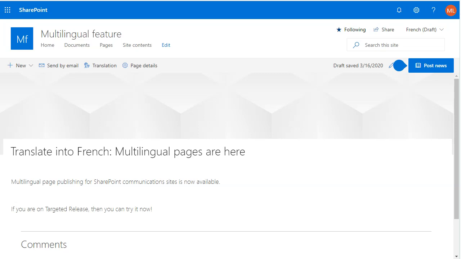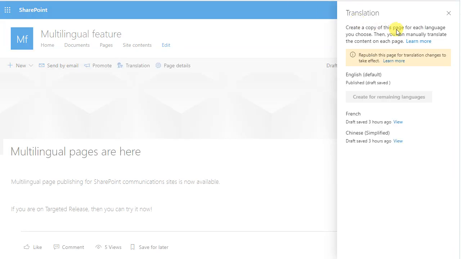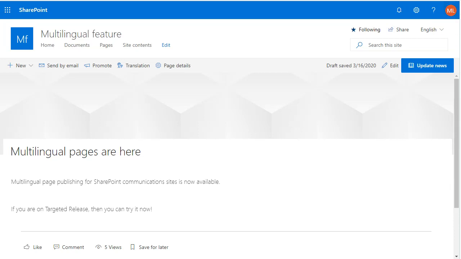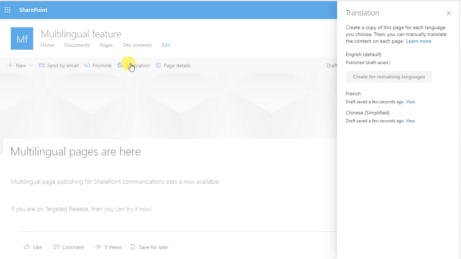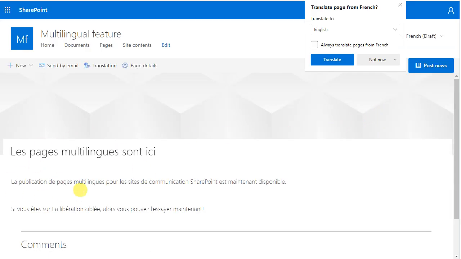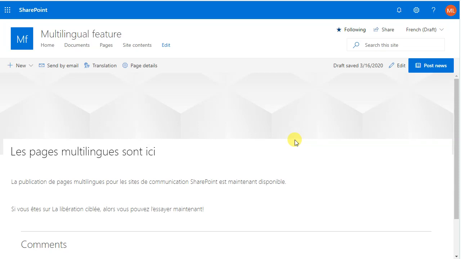Okay, so what I'm going to do now is show you what happens when PointFire Power Translator is turned on, and I'll do this off screen. I'll turn on PointFire Translator automation so that this time it notices that there is something to be translated. So when you click on view this time, what you're going to see is the page is already translated. All the text, the content of the web part and so forth is already translated. There's nothing that you have to do except